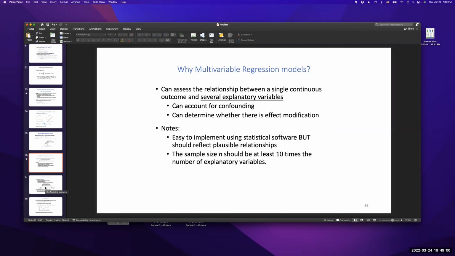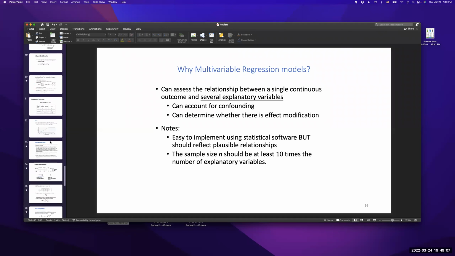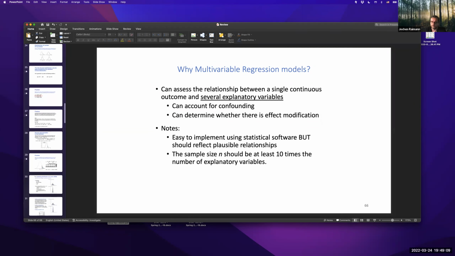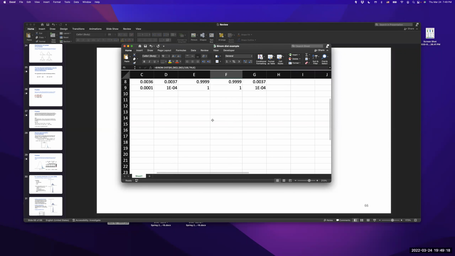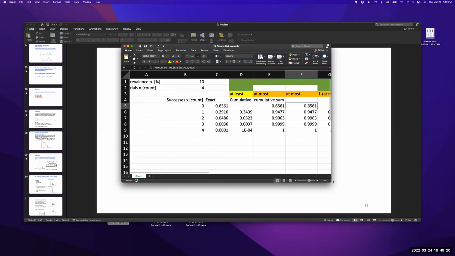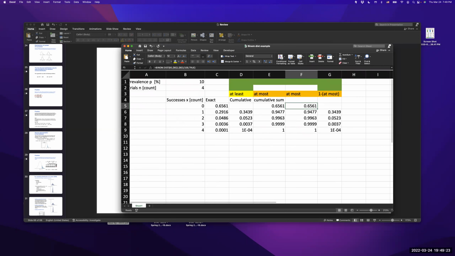The slide that was on the exact number of successes for a certain number of trials in Excel. Could you please go to that slide? I think it was one of the earlier slides. This one? Yes. So for that one, what command would we have to give to calculate the exact number of successes? Well, this is your binom dist, right? You remember that formula from the lab.